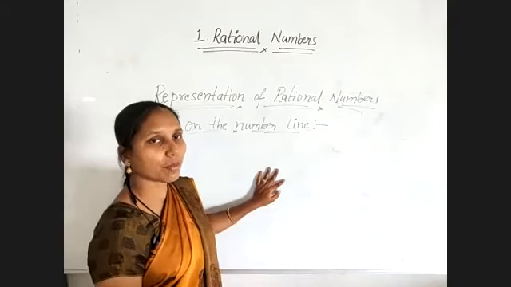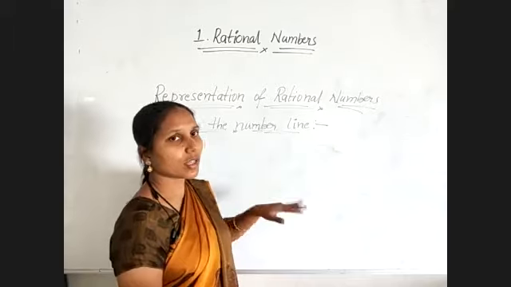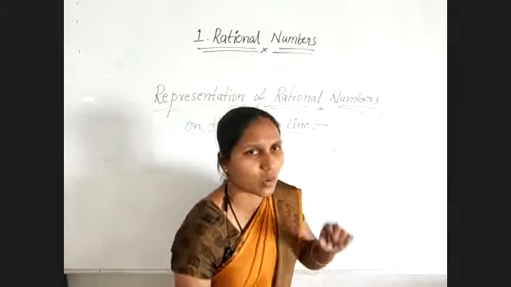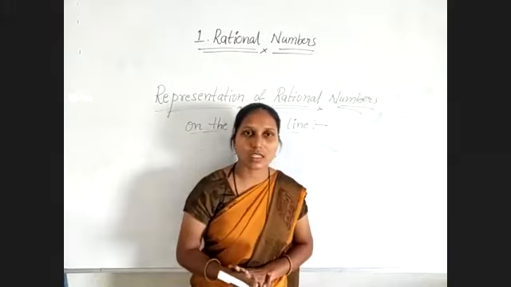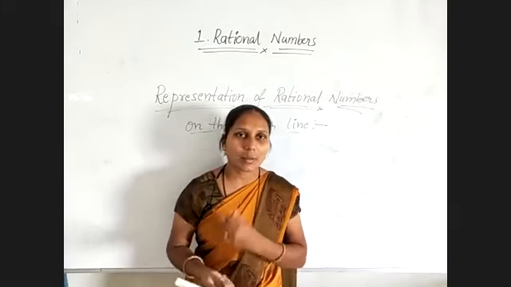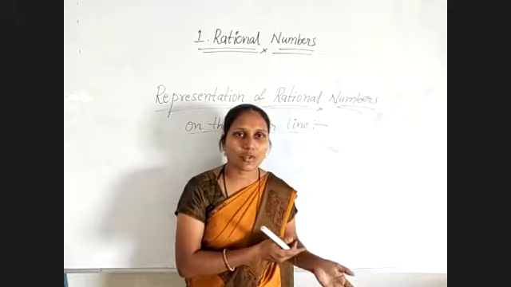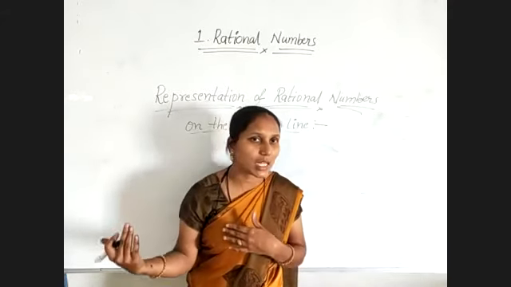And what about improper fractions? Before that, we will see rational numbers. Fractions are rational numbers. The only difference is that in a fraction we will not get negatives. Coming to rational numbers, we get the negative side also. So not only for the positive side, we will show on the left side also.